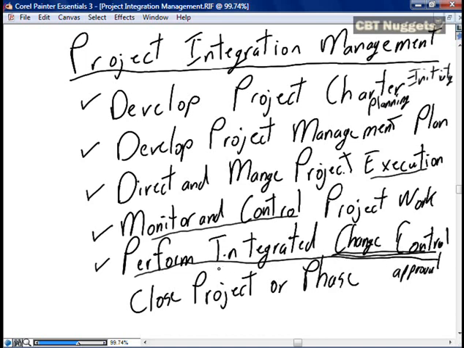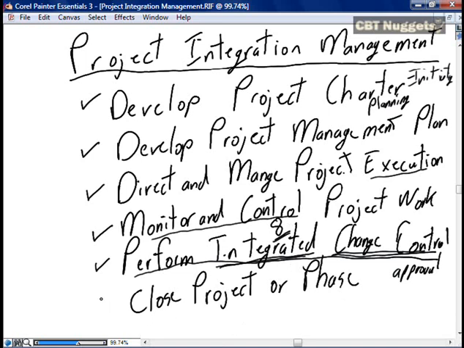The key that we get in project integration management is that this is integrated change control. As we're exploring changes to the project, we integrate them into the project and we ensure we address what impact this has on scope, on cost, on time, on quality, and so on. What impact this has on the eight other knowledge areas.